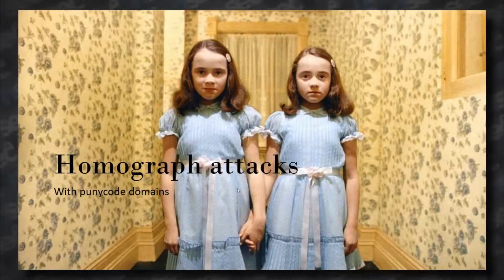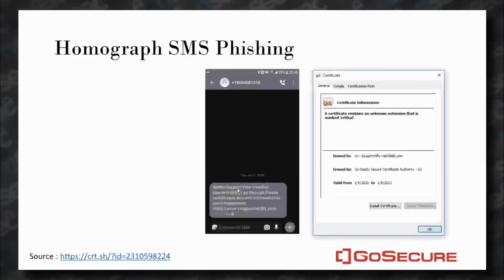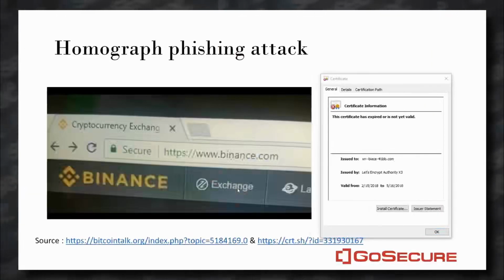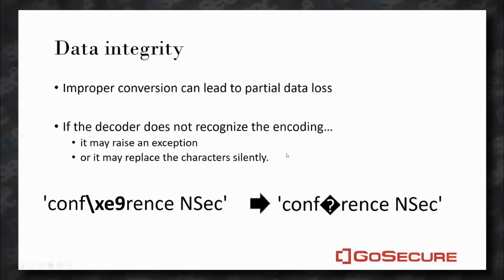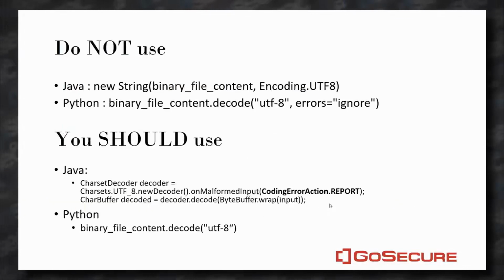I'll have to skip the last two sections, which are pretty quick. It was just a quick example of Unicode attacks, for example an N with an underscore and a small dot. A few recommendations: make sure, if you are doing conversions, that characters are not truncated or replaced with unknown ones, as happens in some languages. So make sure if you're migrating or doing backups that characters are properly saved.